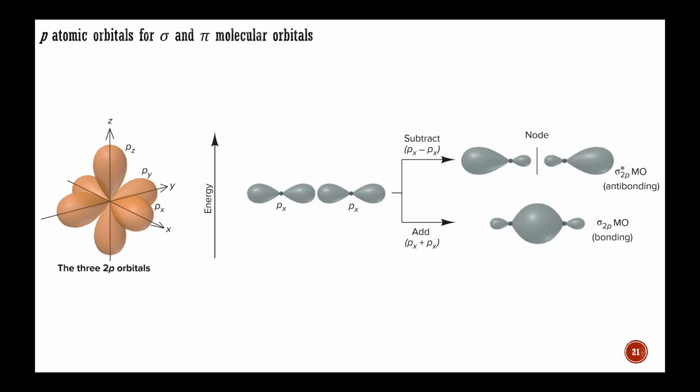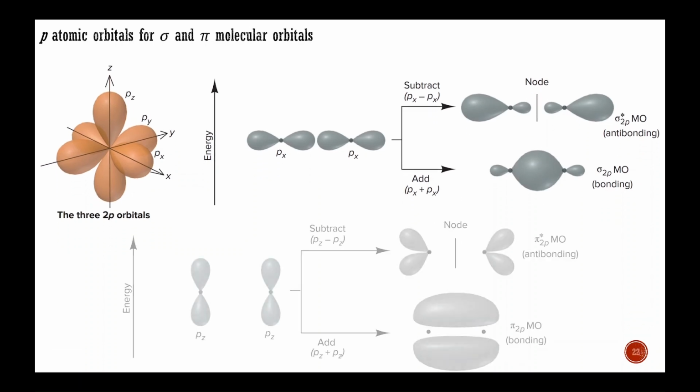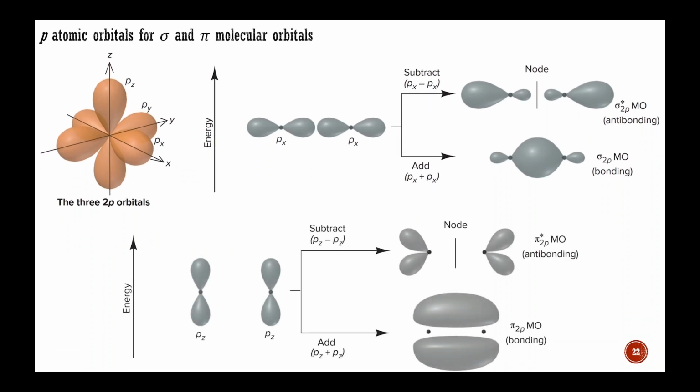Sigma molecular orbitals have regions of electron density in the bonding and antibonding molecular orbitals lying along the internuclear axis. In contrast, pi molecular orbitals have regions of electron density affecting both nuclei, but not lying along the internuclear axis. To elaborate, orbitals that lie along the internuclear axis and point directly toward each other combine to form sigma molecular